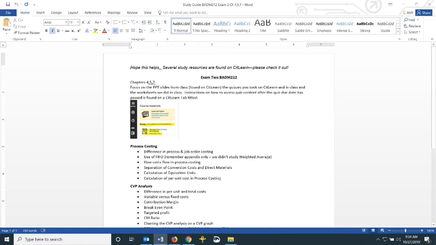I've changed around the order a little bit. Actually, before I do that, let me go through the exam that I actually have in front of me. Let you know what we've got on here. There is a break-even point problem that you'll be calculating, and there is also a full chart of calculation for equivalent units, the exact same template that you used in class on Thursday after the guest speaker that we had